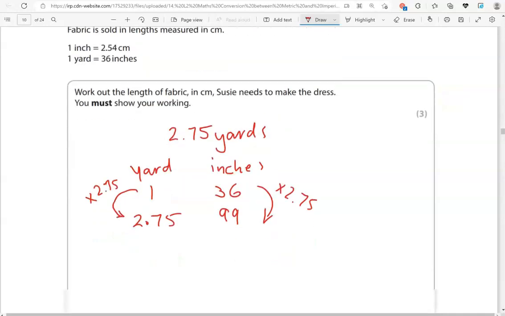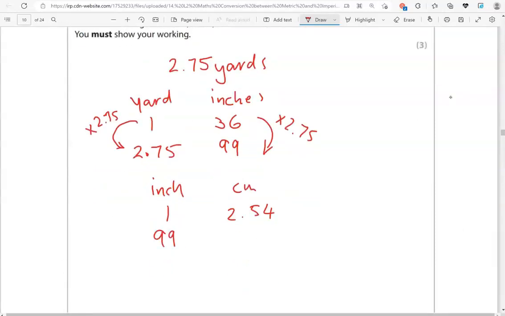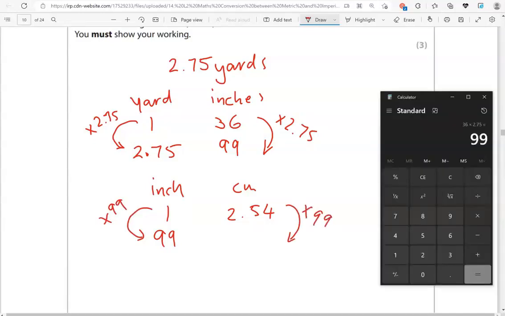inches. Now 1 inch is equal to 2.54 centimeters. What about 99 inches? To get from 1 to 99, we multiply by 99. So we'll do the same on the other side, which is 251.46